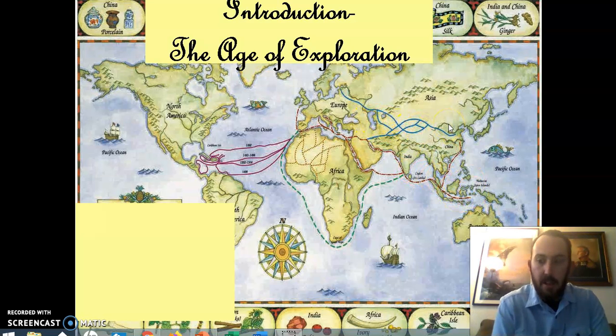Europe first started moving out, trying to get trade routes to China and their goods, India, getting into Africa and to the Americas, South and North America and Central America. And when we say Europe, we mean Spain, Portugal, England, France and Holland. So not just England. We're talking about Spain and Portugal and all these other places as well, Italy. And so as we get into this,